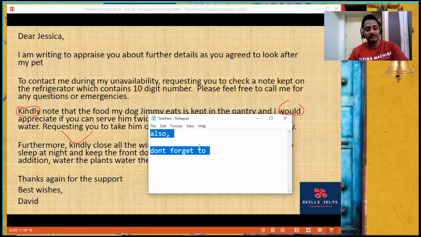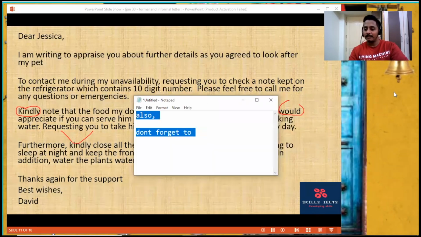Don't forget to take him for a walk, especially after a meal. My dog named Tiger. Okay, someone's dog, his name is Tiger. Great. Needs to be fed twice daily. So each morning and evening, you can put a handful of food in the dish. You'll find this in the kitchen pantry. Also, please check throughout the day to make sure he has fresh water. Good one, decent. Anything is fine, but don't write in a formal tone. That's the only problem. My dog Jimmy eats food and 1 cup of milk. Eats food,